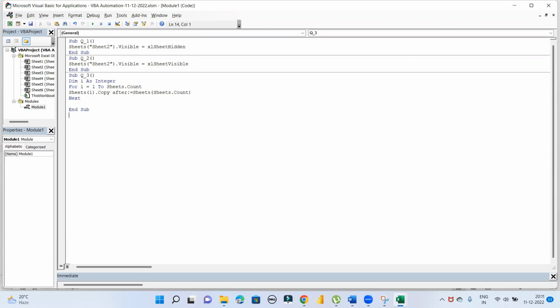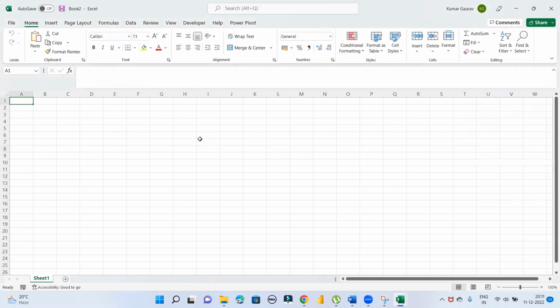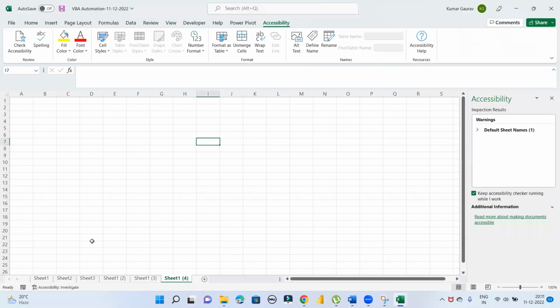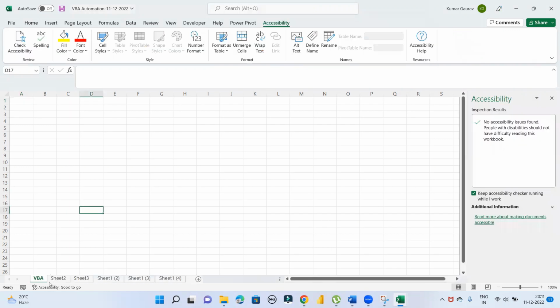And now suppose there is another workbook. We open another workbook, book 2. If we want to add here, in book 2, suppose we want to add the seat 1, just like the VBA. If we want to add the VBA after the seat 1 of the new book 2, this is the book 2. Here can you see, this is book 2 on the top. If you want to add this VBA seats in